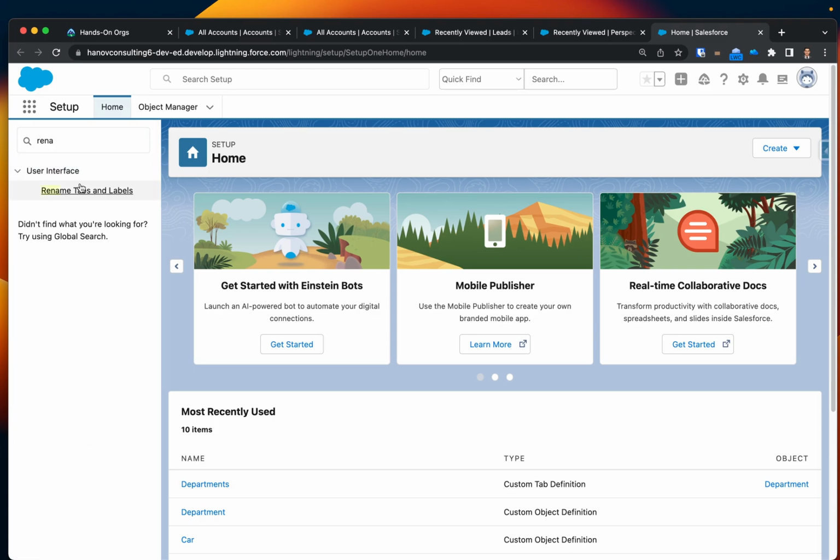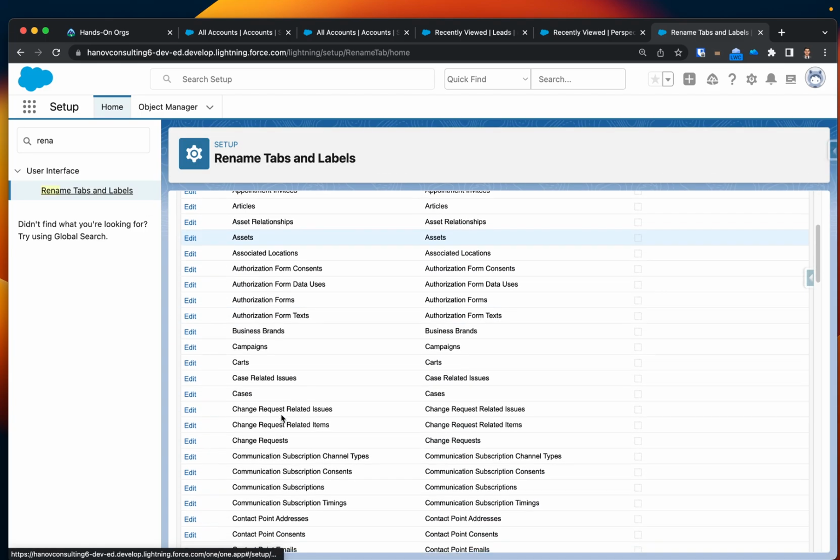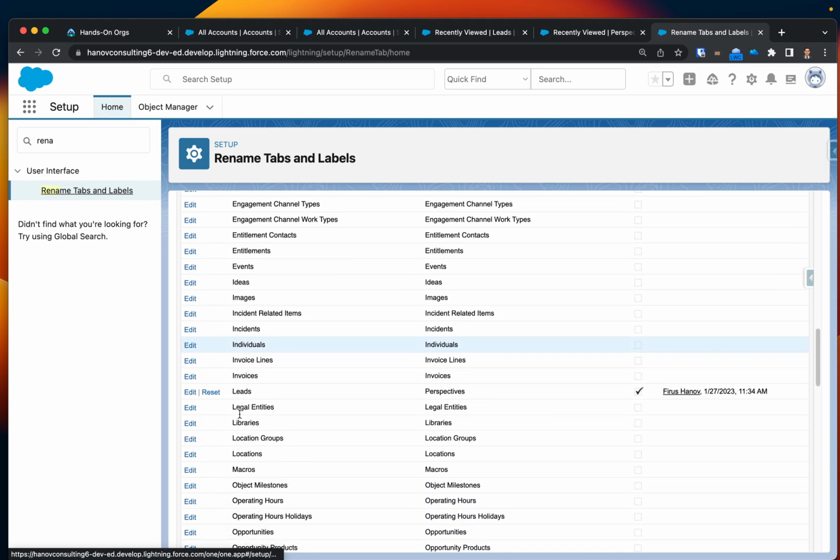Let's go back to that section where we renamed our tabs and labels, right? In this case, we changed leads, we renamed it to perspective. But what if you want to reset it, change it back to how it was before? What if you want to make sure you don't get confused and remove it to how it was before? It's very easy, right? You go back to that section, and next to Edit, there's a button called Reset,